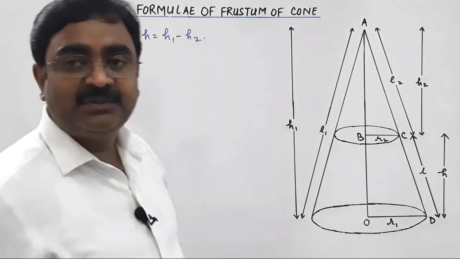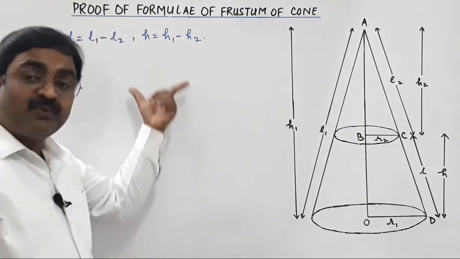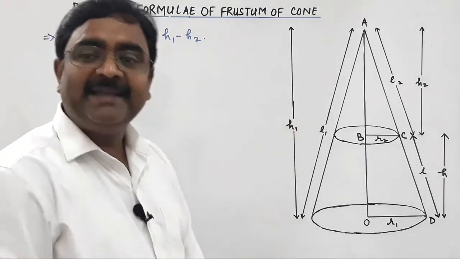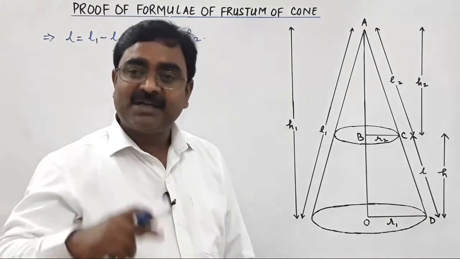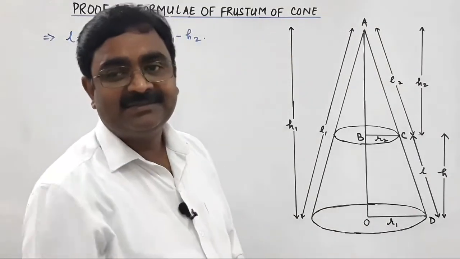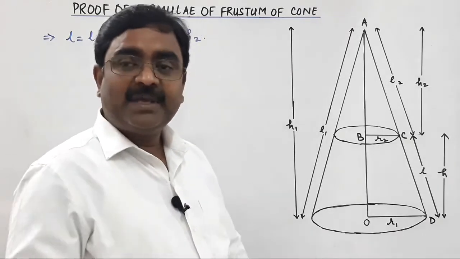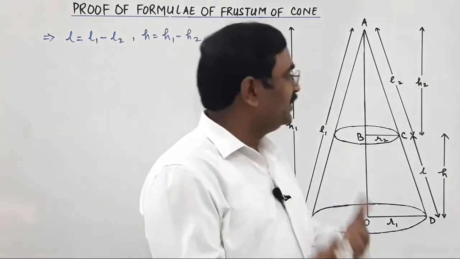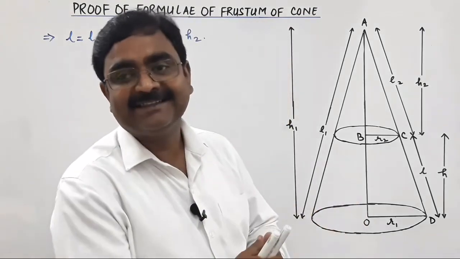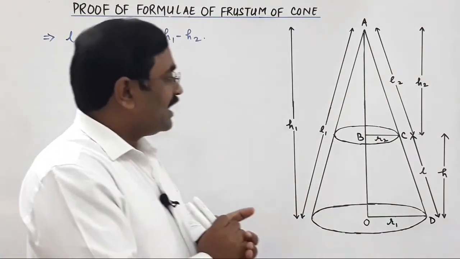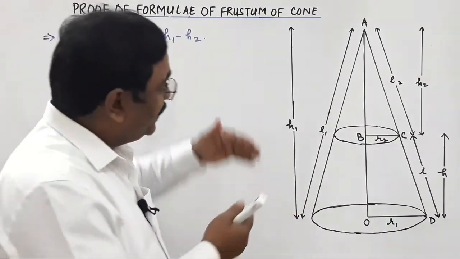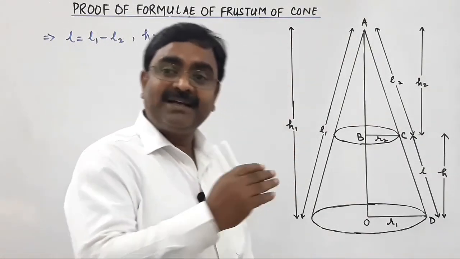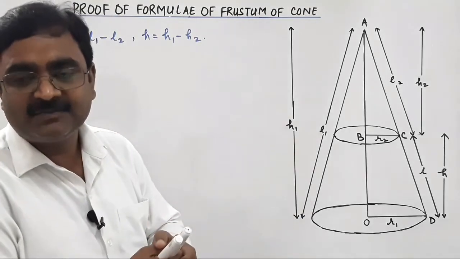So let us find out the volume. Let us prove the volume of this frustum of the cone, that is equal to 1/3 pi into H into R1 square plus R2 square plus R1 into R2. How will this be? Okay, so to understand the volume of this frustum of cone, first let us discuss a few figures which look similar. Now in this figure you will see the big cone and small cone both look similar, but both are, one is big and the second one is smaller.